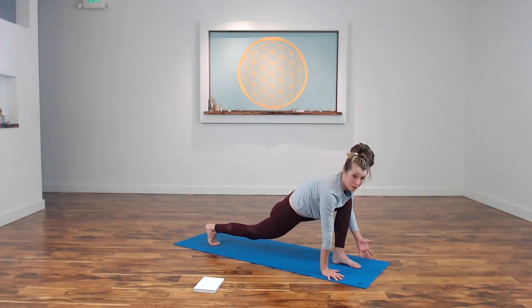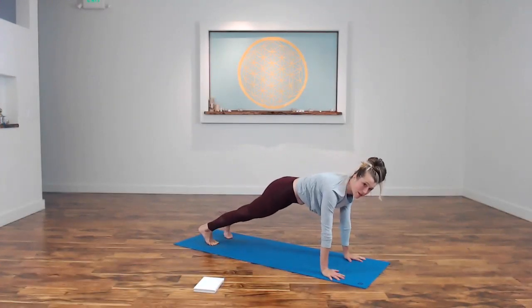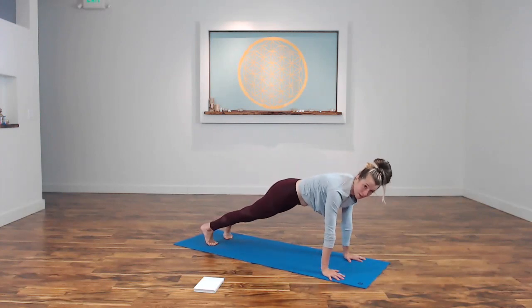So we stay in that lunge for a breath or so, making sure that we feel that length, that expansion, and step back to plank pose. Now you are welcome to meet me just back in down dog, or take this, what we call the vinyasa